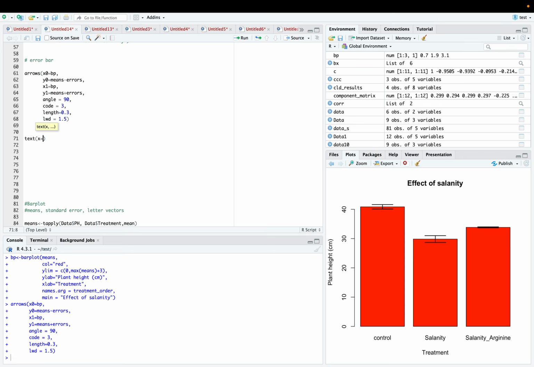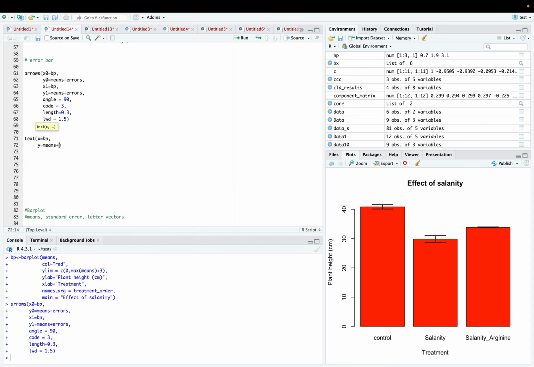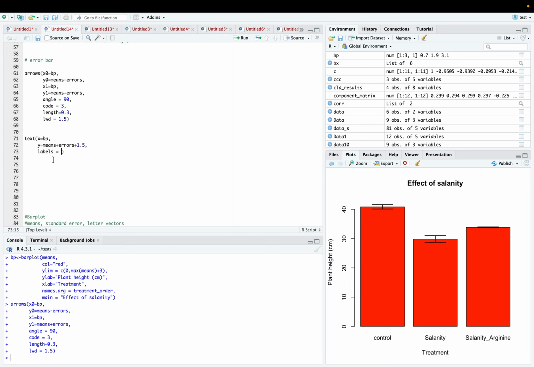X will be bp, that is bar plot, and then y will be means plus errors, and then its upper position will be 1.5, that means a little bit of upper space, so that it will not easily touch the lettering with the error bar. And then labels will be